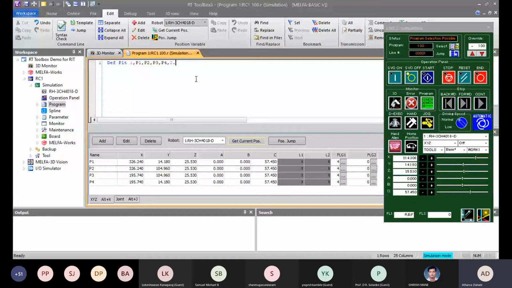So 2 rows, comma, 2 columns, and comma, whether it will pick and place from the first palette to the second palette in a linear direction or in zigzag direction. So I'll select one, that is normal direction. After that, I have to define one variable. I will define M1 equal to 1.